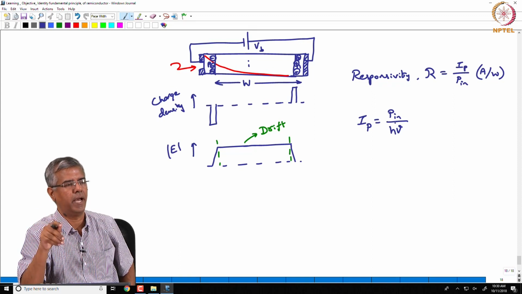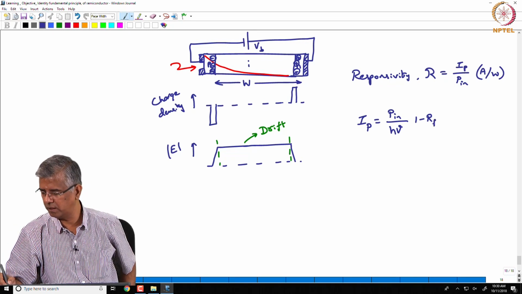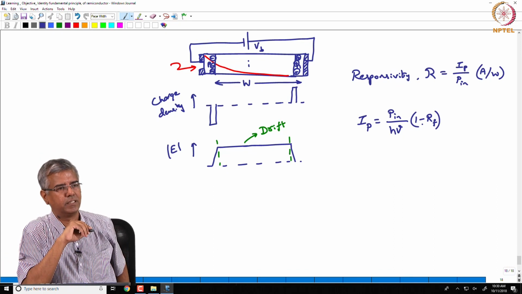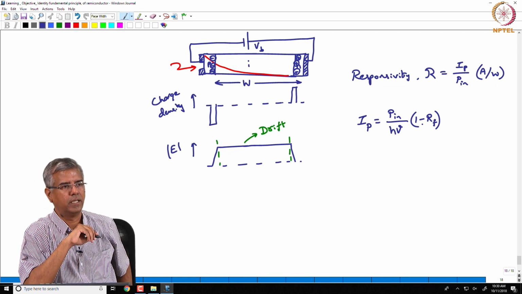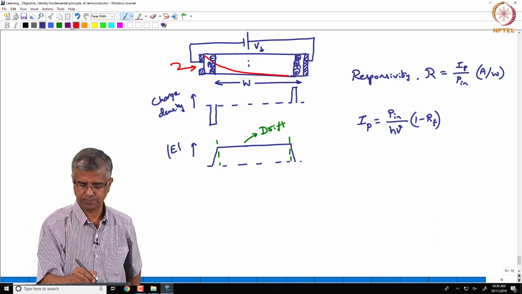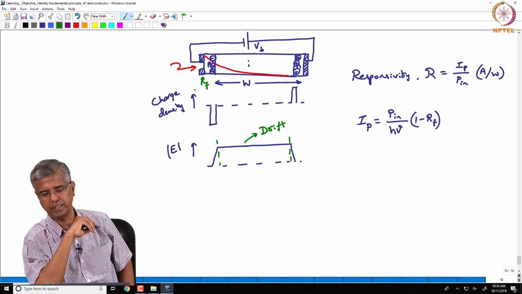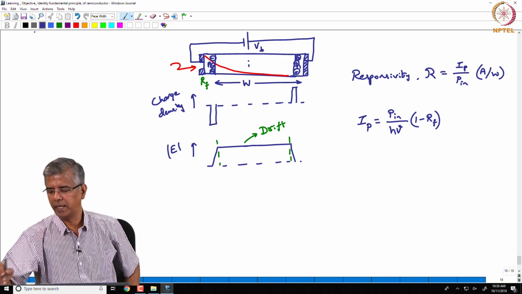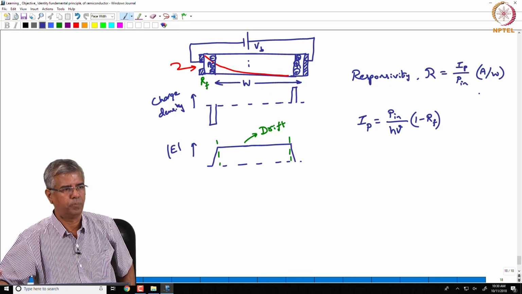So you are coming from air into a high index material. So you are going to have certain losses due to reflection at the surface, right. Let us say RF is the reflectivity at the facet. So RF corresponds to the reflectivity at this facet over here. Okay. So, 1 minus RF is what is coming in, and those photons are going to generate electron hole pairs,